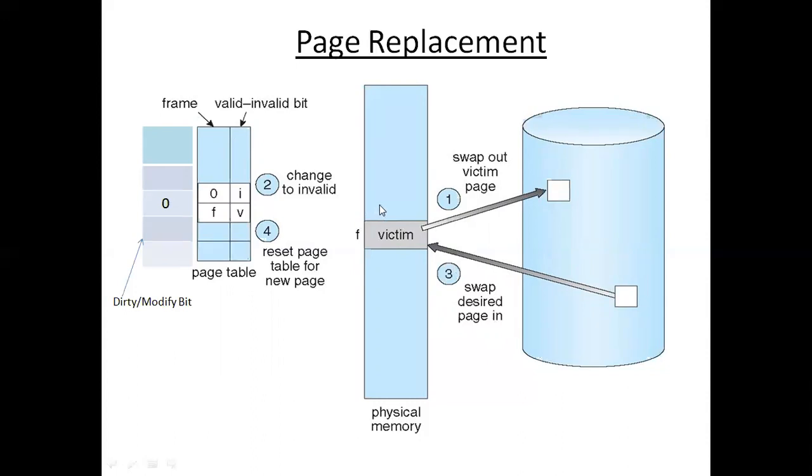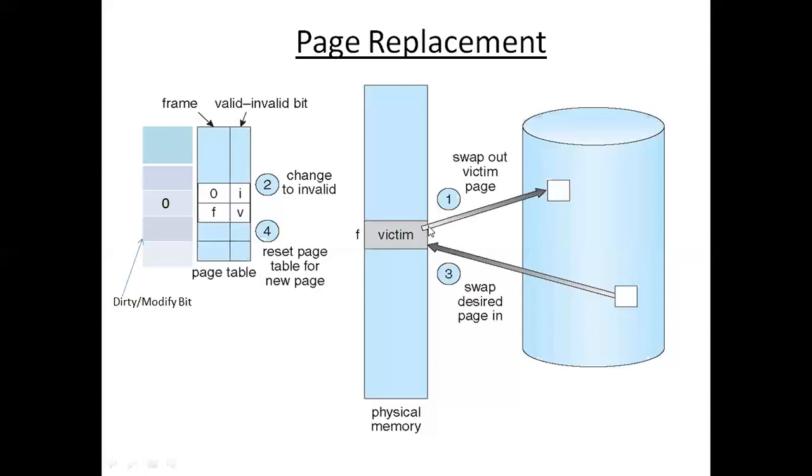I repeat again. When the dirty bit is 0, or not set, then this particular page in that particular frame has not been modified at all. So along with the valid and invalid bit, you have something called the dirty or modify bit. When this is not set, there is no change in that particular page. So if there is no change in that page, why do you want to do a transfer out?